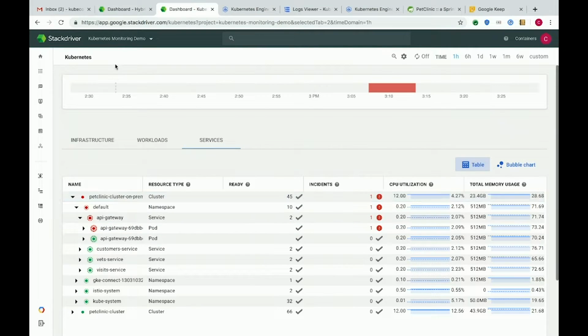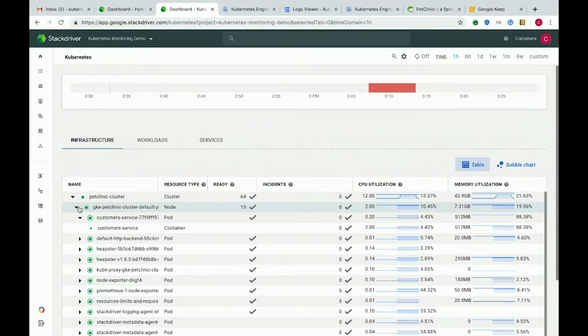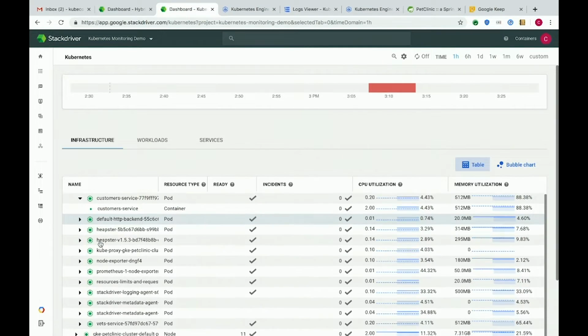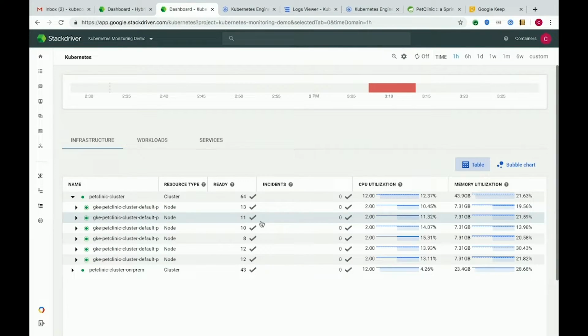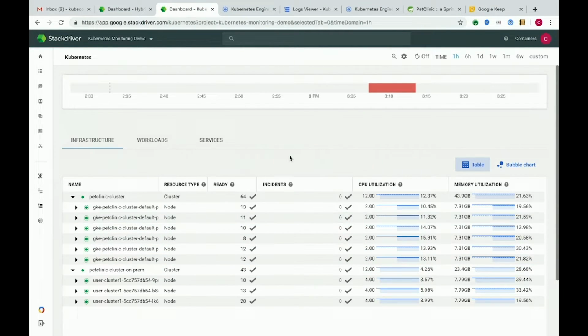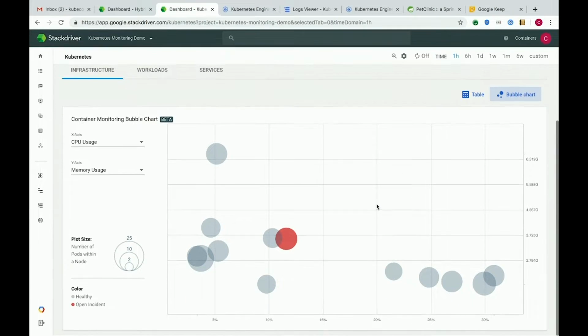So let's go back to infrastructure for a second. The table itself has an embedded hierarchy, and it's interesting to navigate. But one of the things that is sometimes problematic when you have hundreds of these entities is it's really hard to understand patterns and come up with insights about a trend out there that you're not able to see in a table format. So we built this bubble visualization